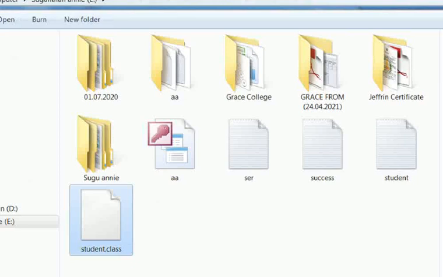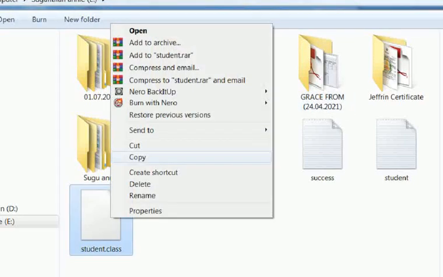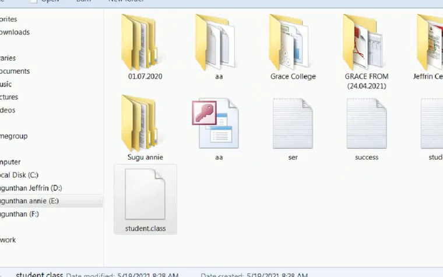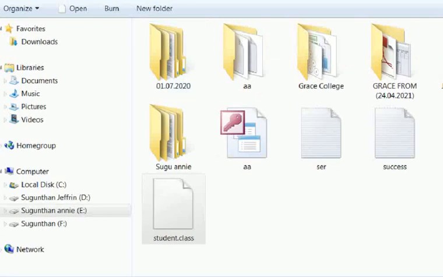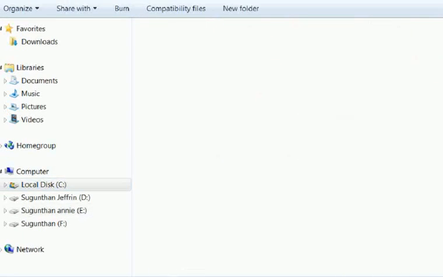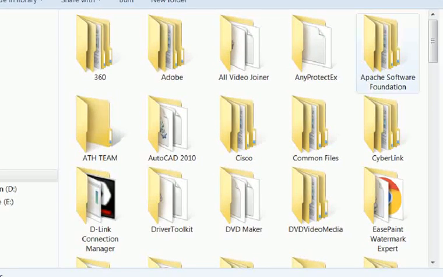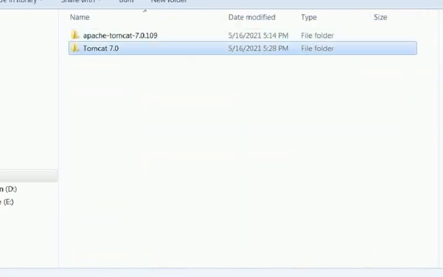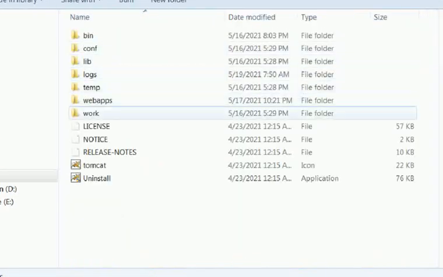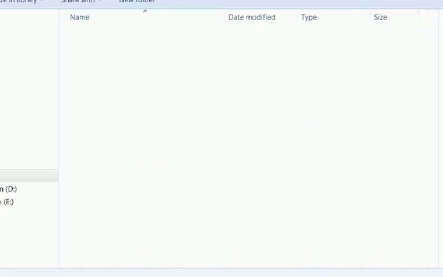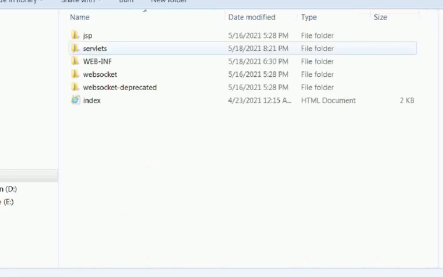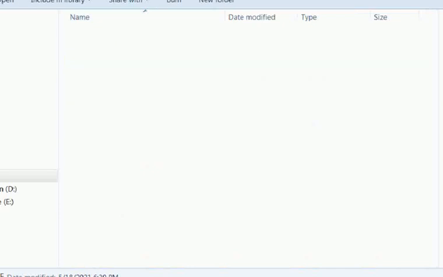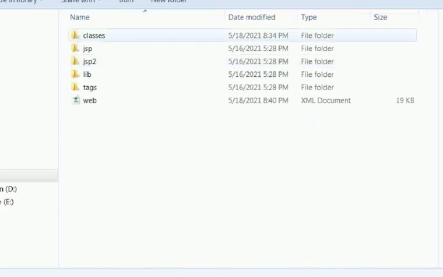So right click, copy this file and go to C colon, program files, Apache Tomcat 7.0, webapps, examples, WEB-INF, classes.